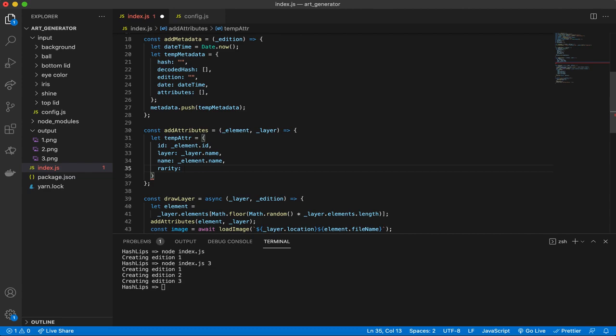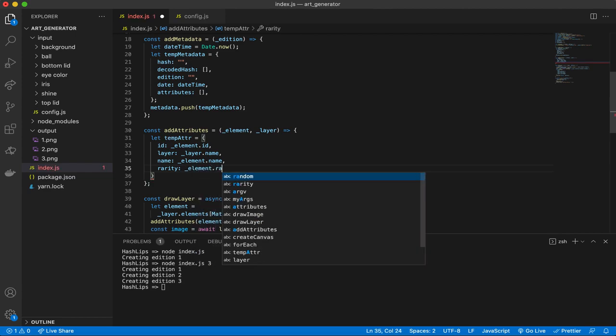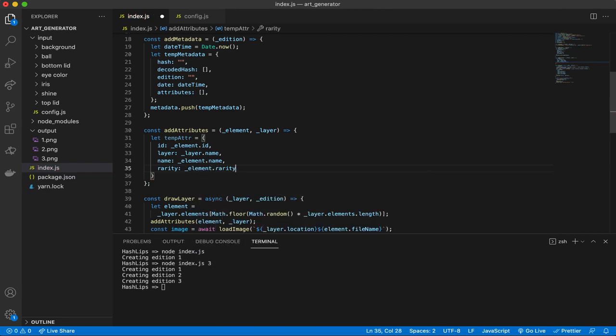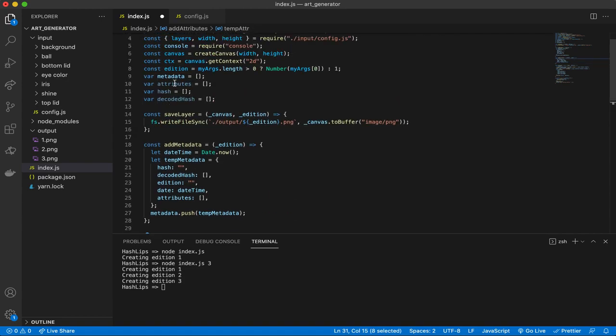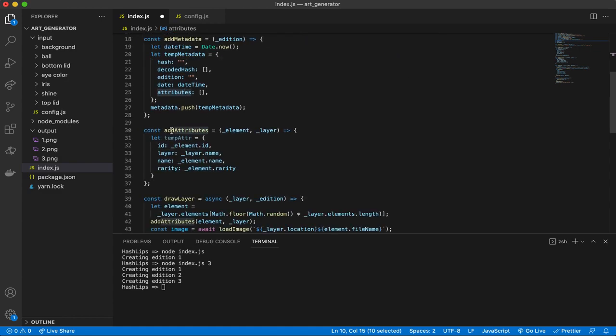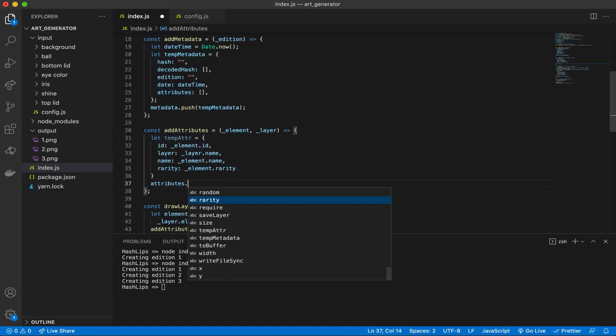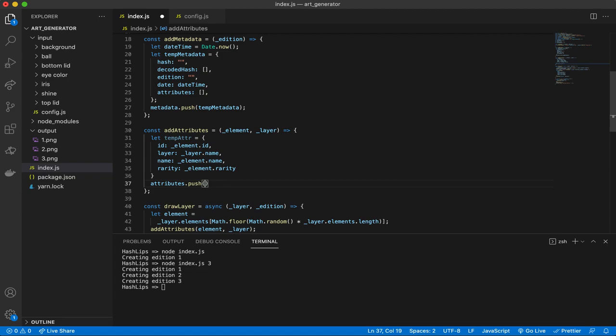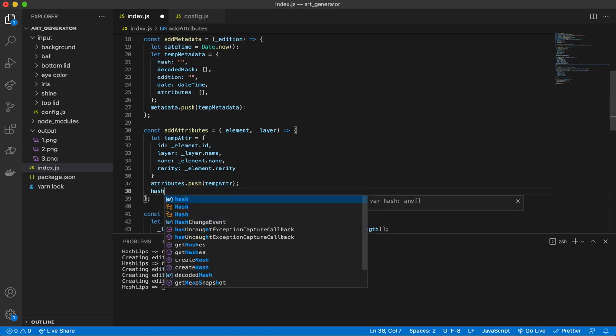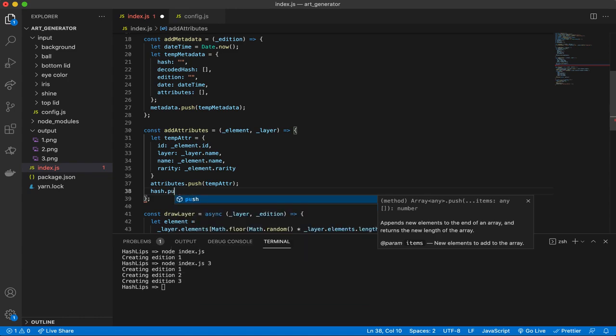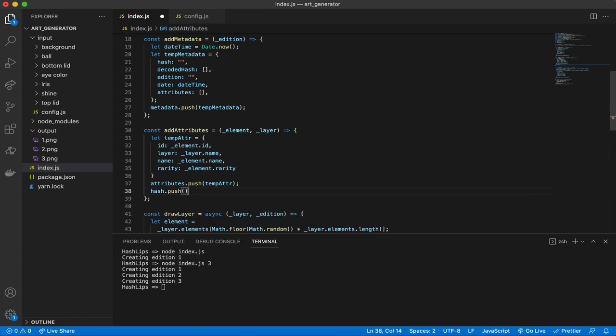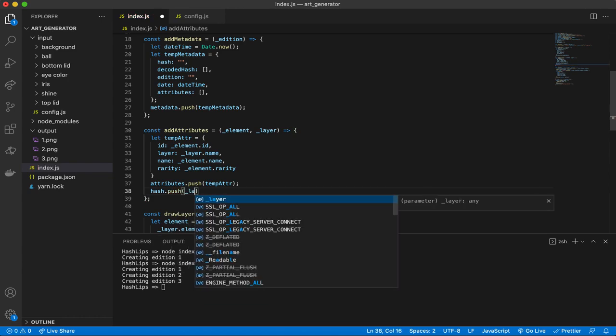Okay, we need the rarity from element dot rarity. All right, so that's basically what we need. And then because we have this at the top there, we're going to do the same thing where we push this temp attribute. Okay, we push this temp attribute, but then there's a few things that we need to do too. We need to say hash.push. Okay, so for each attribute we want to push the layer.id,